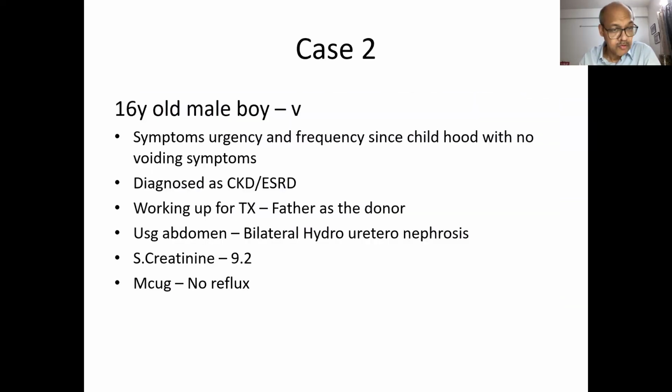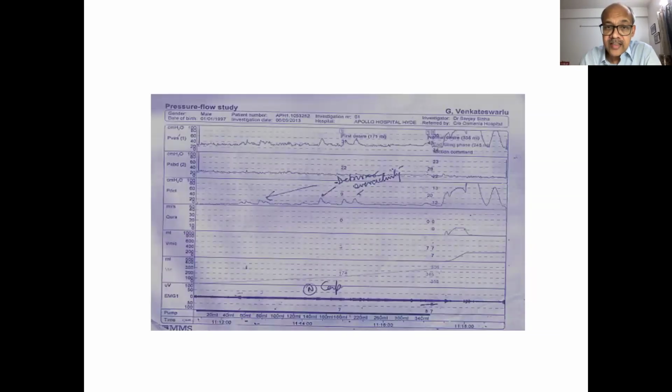Does this patient have hydronephrosis? He is having bilateral hydroureteronephrosis. Now, what's the patient's urine volume? Because as I said, if this patient is producing 4 liters of urine, that might explain the hydronephrosis. But if this patient was not having large urine volumes, there was bilateral hydronephrosis, there's no reflux, as you said, on the MCUG, and the patient consistently showed somewhat elevated pressures, I would go back